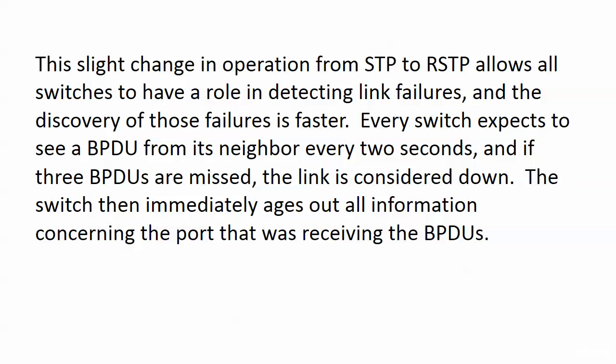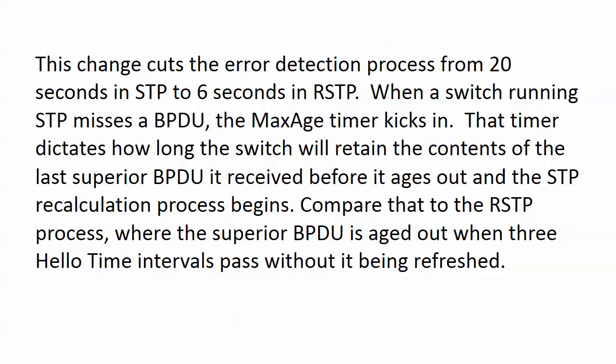Now, this is a pretty slight change in operation, but it's an important one because it allows all switches to have a role in detecting link failures, and the discovery of the failures is a little bit faster because every switch is expecting to see a BPDU from its neighbor every 2 seconds. If 3 BPDUs are missed, the link is considered down, and here's the important change. The switch then immediately ages out all information that's concerning the port that was receiving the BPDUs. Okay, so there's no max age involved here, and this really cuts the error detection process from 20 seconds to 6,